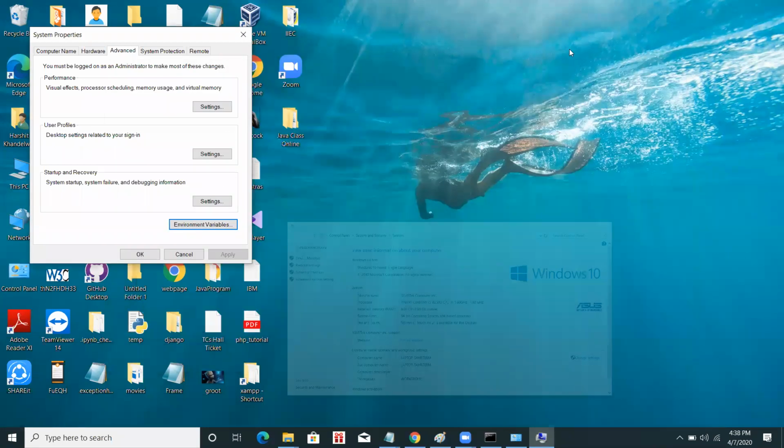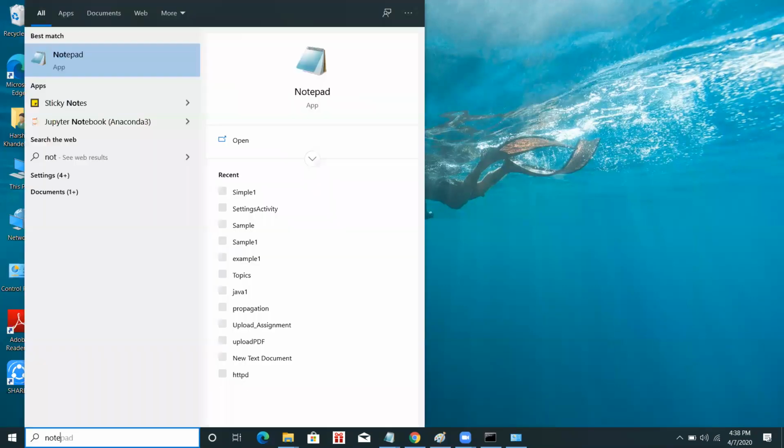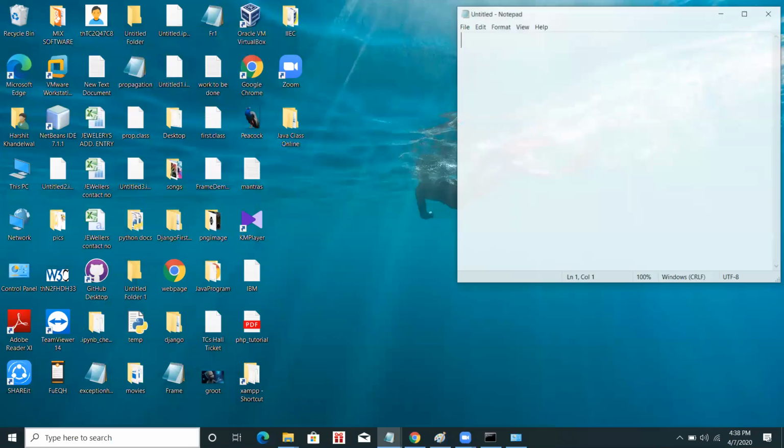So we can create our first program; we should have any text editor. It may be Notepad also. So we will open the Notepad. It is already open in mine. Okay, no problem. So we will write the code. We have said that Java is an object oriented, OOPS concept based programming language.